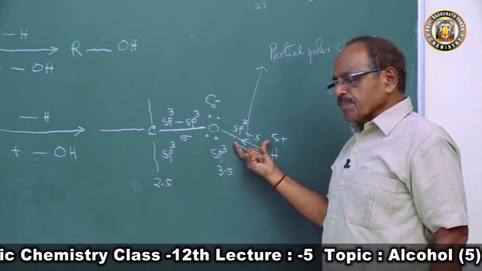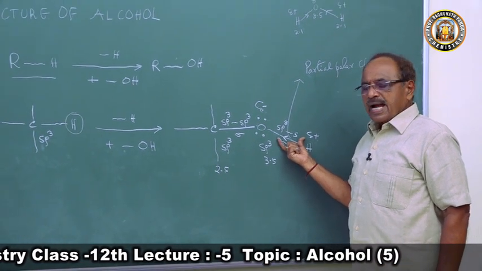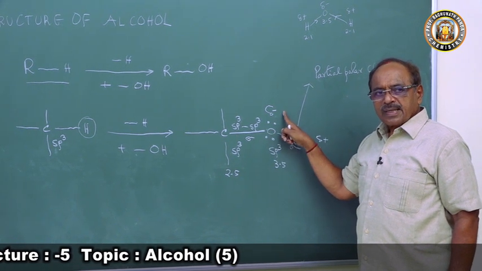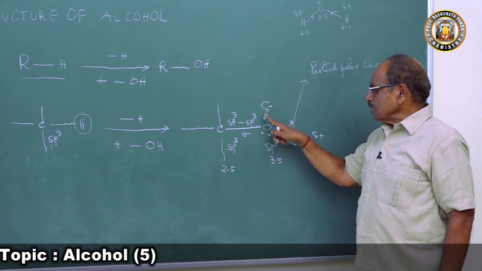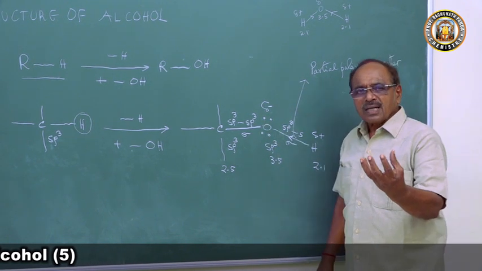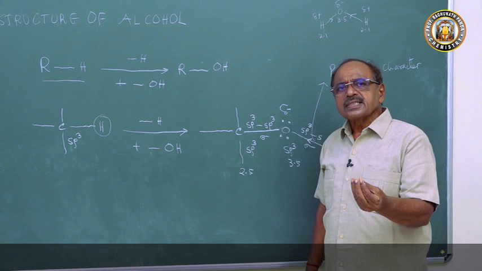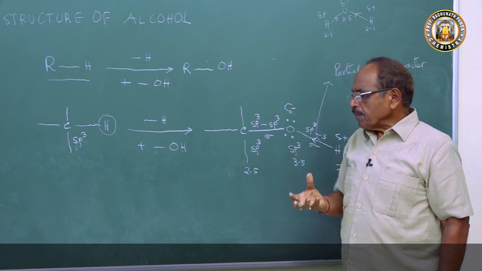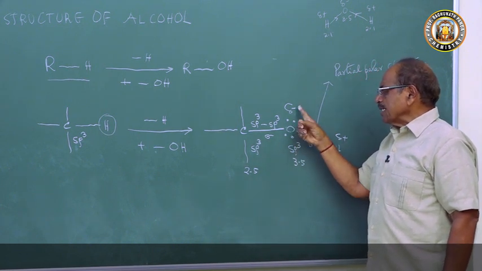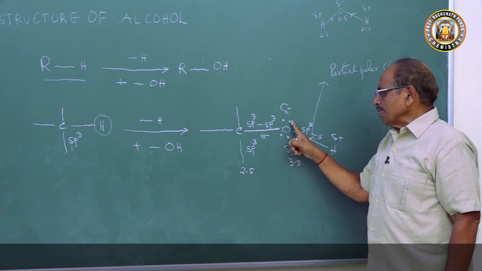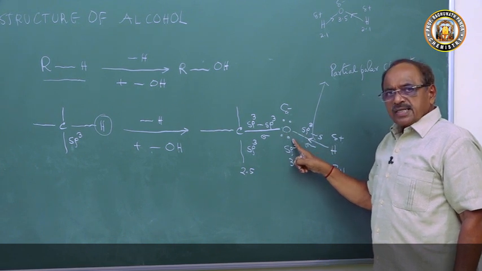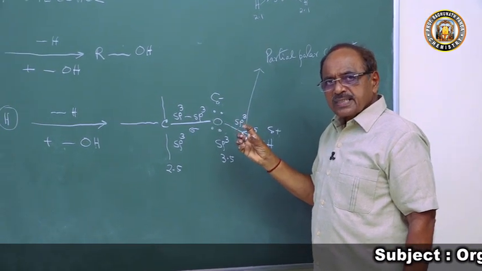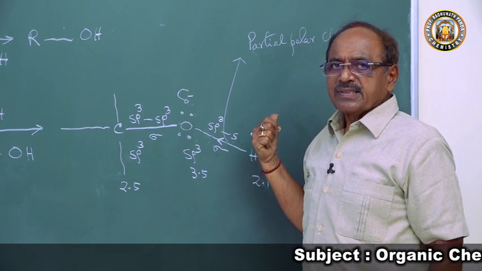And this bond is susceptible to cleavage. And there is a reaction site at the carbon atom, because the carbon atom has a negative charge and has two unshared pairs of electrons. What are unshared pairs of electrons? They are dense negative charges, so they can attract a positive charge towards them. So if a positive charge comes, that means oxygen has a negative charge and this oxygen atom has two lone pairs of electrons. They can donate this pair of electrons to a positive charge, attract the positive charge towards it and take part in chemical reactivity.